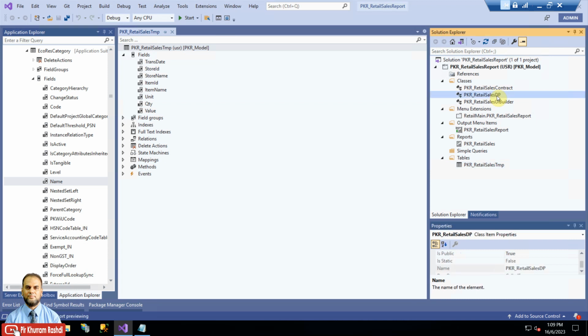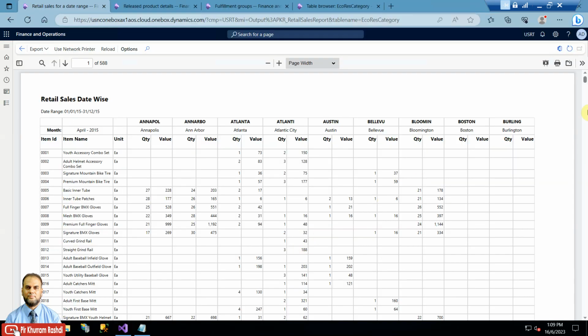data provider class for calculation of business logic, and UI builder for assisting the contract class, basically to build up the dialog and to implement our own custom lookup, which was having a multi select grid, so that we can select multiple stores. So this was our report, and in this report we had the item ID and item names